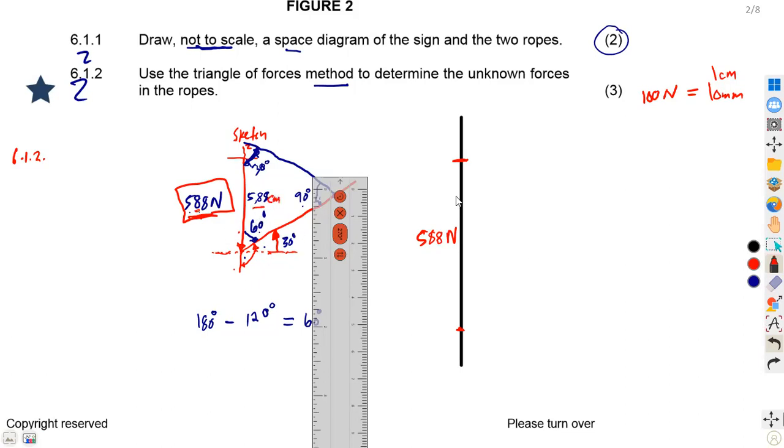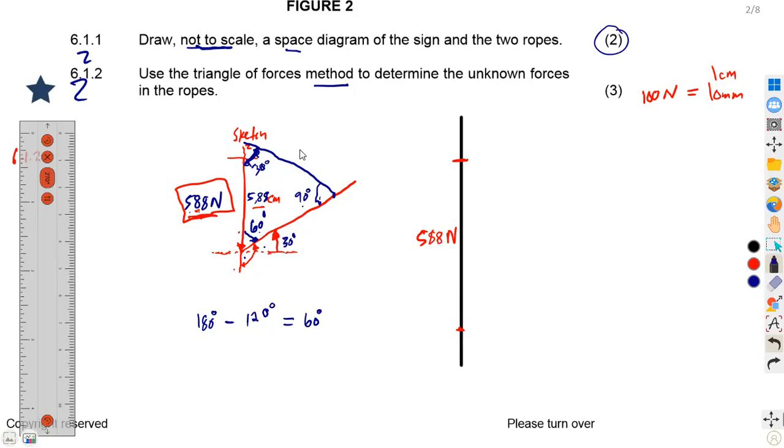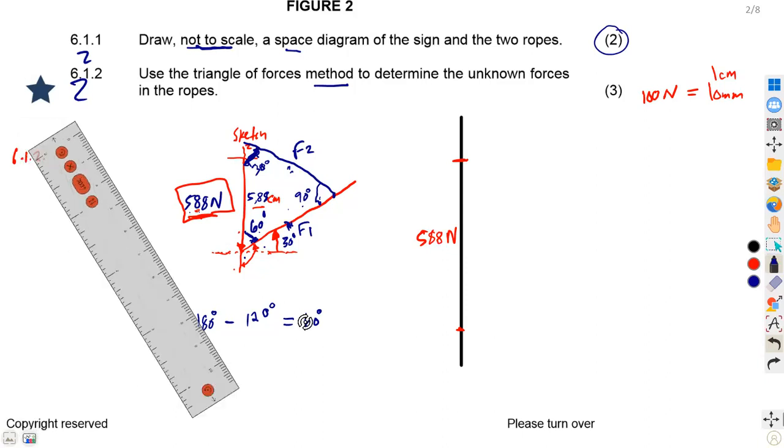So like I said, since this is a reference point, you do not know these two forces, this force, which you said our second force, and the first. We do not know these values. So what you do is that you measure the 30 degrees. Let's start with it, because this is a sketch, so you can start with any angle, either 60 degrees or these 30 degrees. So if we are to measure 30 degrees from this point,